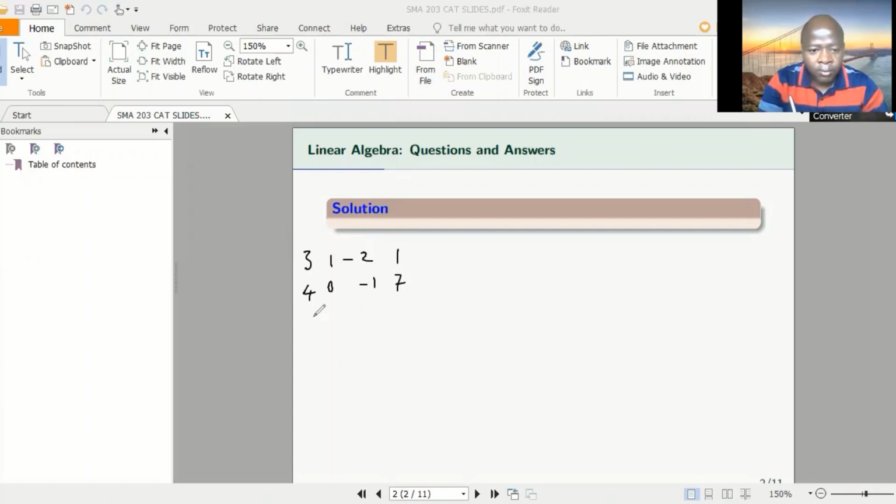Then we have 2, -3, 5, 18. This is the augmented matrix. And what are we supposed to achieve? Let me just write what we're supposed to achieve here, so that as we begin, we know what we are